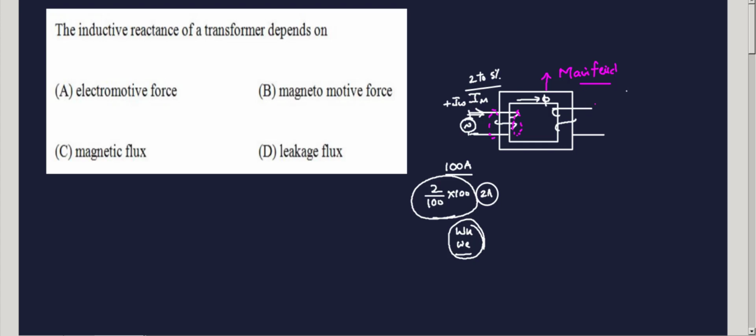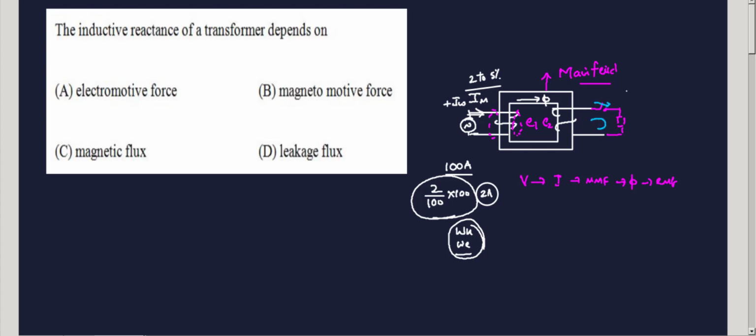Next, I place a load here. Before placing the load, whenever the supply voltage is given, current, MMF, flux, and EMF will be induced. So you have EMFs E1 and E2. Now when I place a load here,